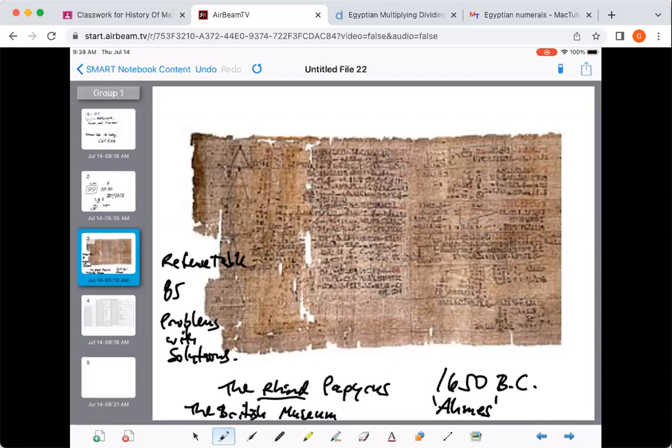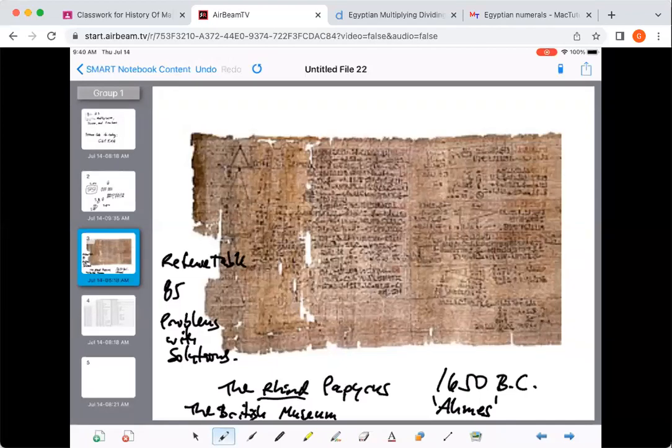And then they have proportional questions that are applications of their multiplying and dividing, where they're trying to figure out if you want to trade this much beer for this much bread, what would be the proper amount of trading. For the beer, they had a measurement for how strong the beer was. So a really strong beer is worth more bread. And then they have geometry questions, things about area of a circle and area of various shapes and volume of various shapes. So a lot of people say that the Egyptians invented geometry. They needed to, because the Nile River would overflow and it would wash away all the markings of their boundaries that told where one person's